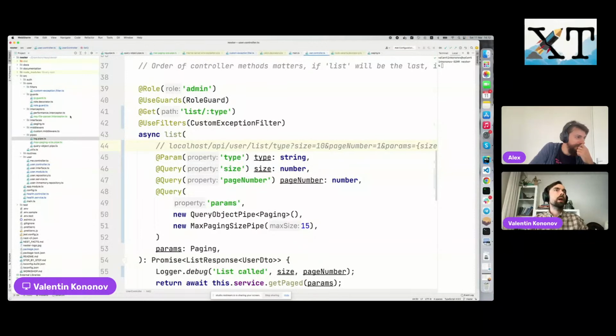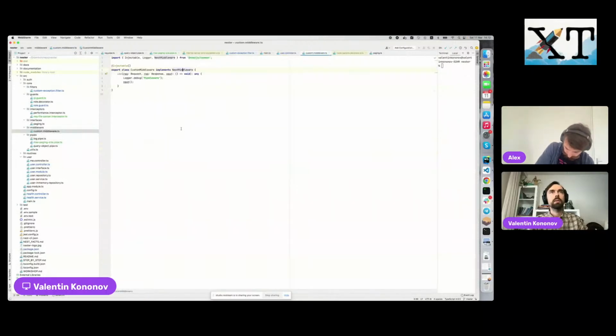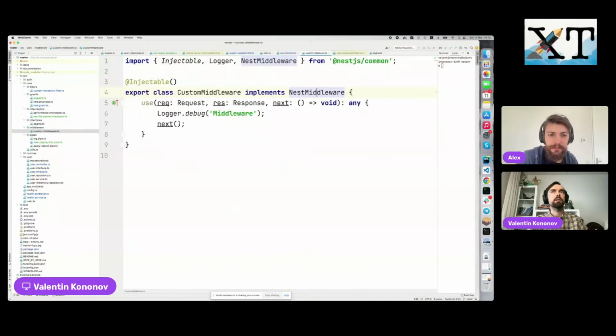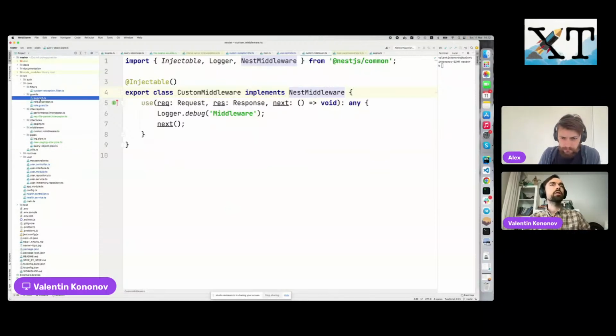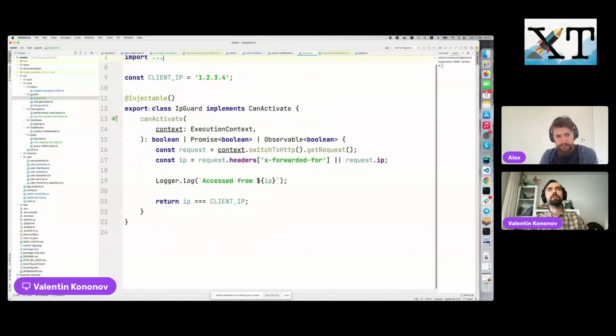So what have we not covered? We talked about, in the actual code, the exceptions, guards, and interceptors. Middleware, I showed, is super simple. I don't want to spend time on that right now. We talked about pipes. Okay, probably I can show you one more thing, which is again a little bit modified